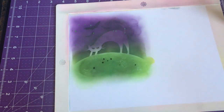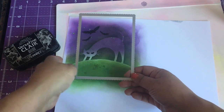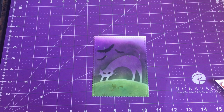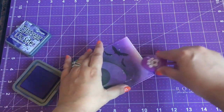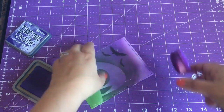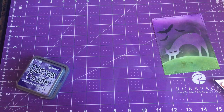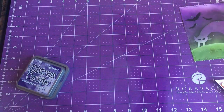And then I'm going to use a scalloped rectangle die from Unity Stamps. I did go ahead and ink blend the top here. I thought it was too white. And my sentiment's going to go there anyways. And I'm just going to be adding some fun,